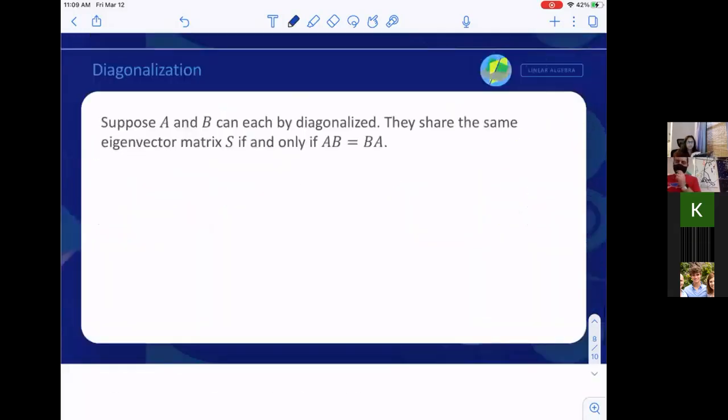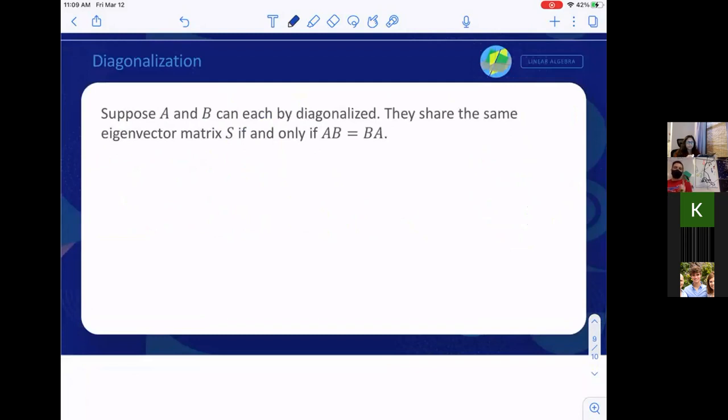All right, this also gives us an opportunity to use the commutative property. Normally, the commutative property is not true for matrix multiplication. But if they have the same eigenvectors, it will be true. So if I ever take two matrices and multiply them together, and it's the same forwards and backwards, that means they have the same eigenvectors. If they have the same eigenvectors, it means I could use the commutative property. This is really useful in proofs. Once I know they have the same eigenvectors, AB and BA are the same.